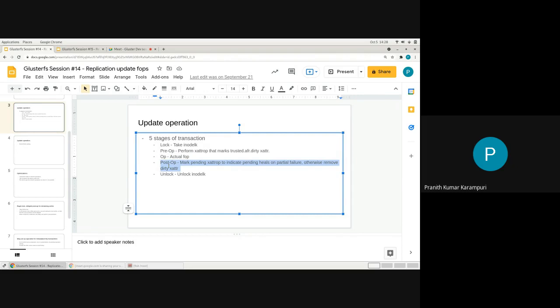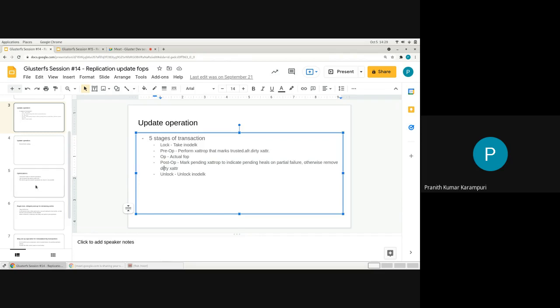But then the next question is, what if before this post-op can happen, the client crashes or loses connection to all the replicas? Even in that case, it is okay, because for both entry operations and metadata operations, in one lookup you will know the state of that file on all the bricks.